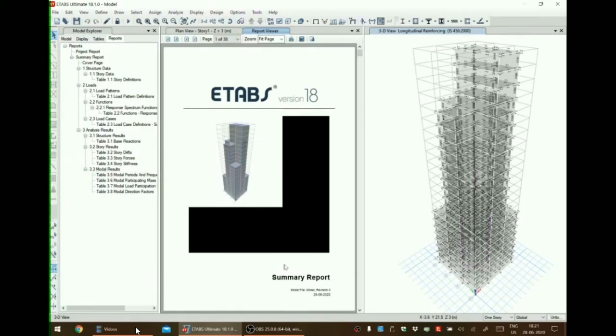As we can see, the summary report is there. So we can say that we have successfully completed the seismic analysis and design of the tall building with ETABS software.